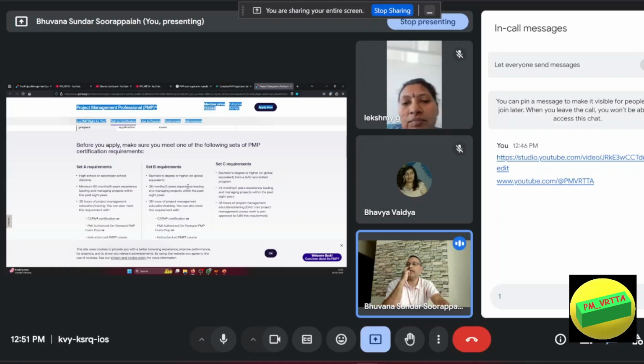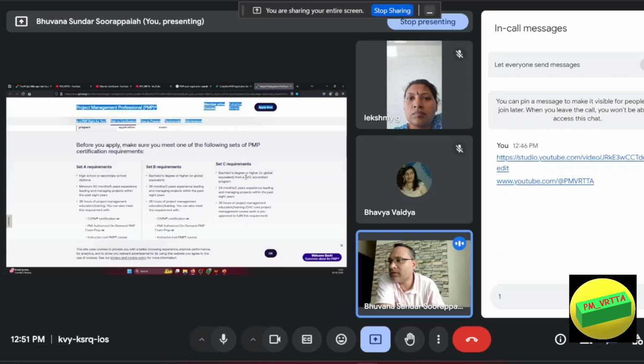Most of us come in category B because we all have 12 plus 4 years of schooling, and we also will have to get these 35 hours. The difference between B and C is B has 3 years of experience, and C is 2 years of experience. But then the difference is